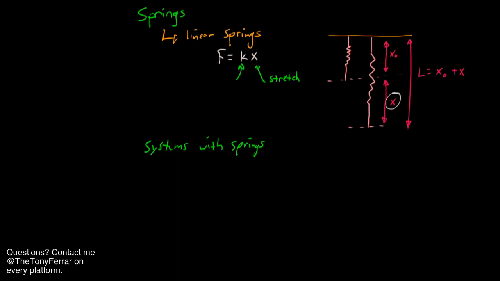So for example, we could have, say, a spring with a box hanging from it. And that box has a weight that pulls down on it. And so the free body diagram for this system is going to look like the weight pulling down and the force of the spring, which we usually do a subscript k to indicate that it's a spring force. Fk is equal to k times x. The only thing you need to be careful about with all of this is that we get the signs right. So I'm going to make a little note here. Be careful with signs,